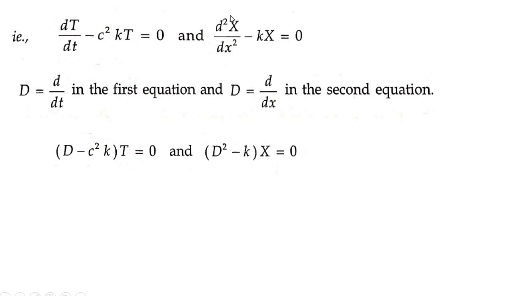Whereas for the second term, when you replace the d square by dx square by capital D square, so capital D square X minus k into X equal to 0. Take X as a common term. So you get D square minus k into X equal to 0. Okay. Next, write its auxiliary equation. So what are the auxiliary equations of this? This is my equation 1. So auxiliary equations are,